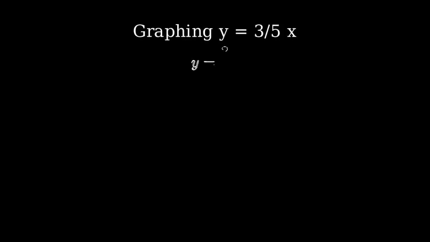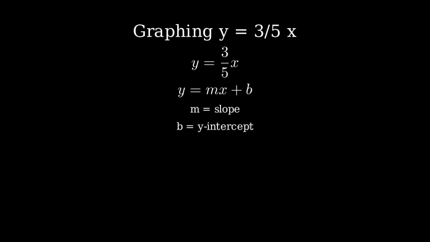Let's learn how to graph the linear equation y equals 3/5 x using slope-intercept form. First, let's understand what this equation tells us. The equation is already in slope-intercept form, which is y equals mx plus b, where m is the slope and b is the y-intercept. In our equation, the slope m is 3/5, and since there's no constant term, the y-intercept